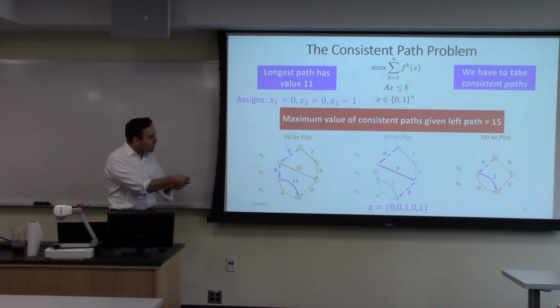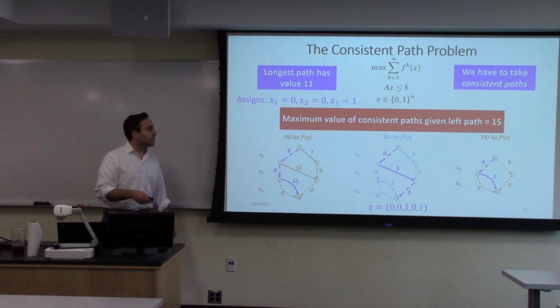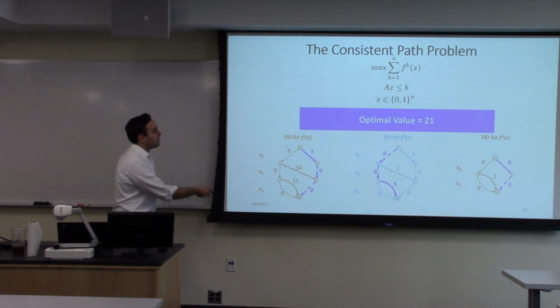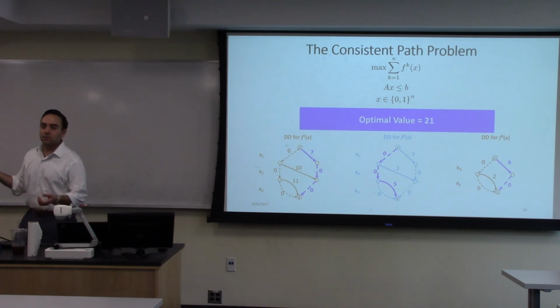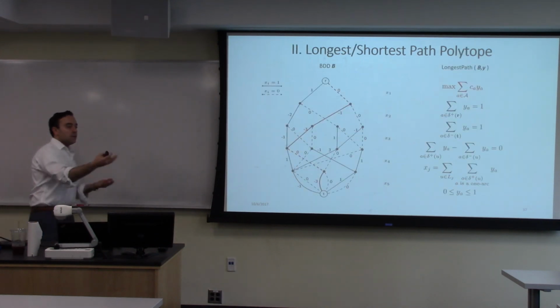That means I have to take x2 equal to 0. And then the best thing I can do throughout, unless I did some math incorrectly, which is possible, is take a value of 15, but it's suboptimal. 21 is the optimal value if you consider all these at a time. So if you want to maximize over all these concurrently, you get an optimal value of 21. This is a network